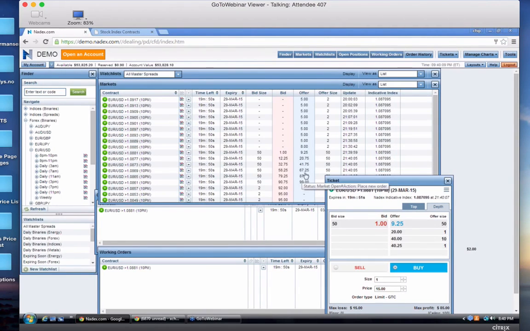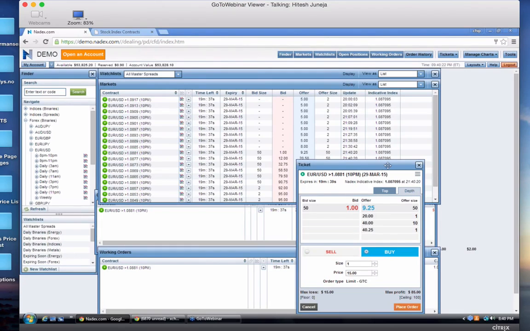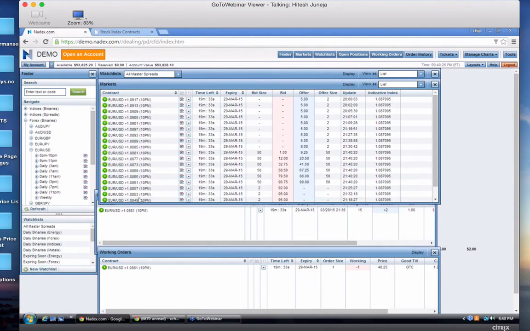Okay? Let's clarify one more thing, because I think everybody only saw one example from Chip for a sell trade, and you might think that you always have higher risk on a sell. It's the exact opposite. Chip, if you want to open a ticket for Euro USD greater than 1.0861, you can click on that, please. Okay, right here.